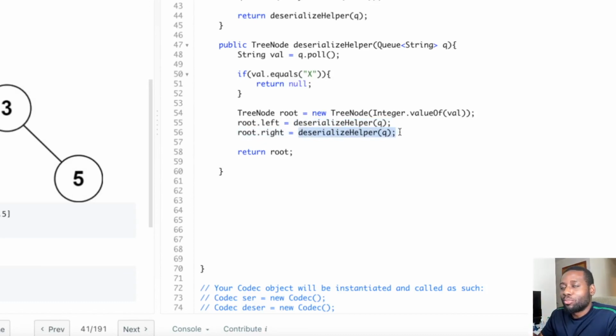No real logic needed, no real thinking or brain processing needed. You don't need to know which index, or how many nodes we're processing on the left side. We don't need to take care of any of that. The Q is going to help us and pass it around because it's being passed by reference. You could easily apply that logic.